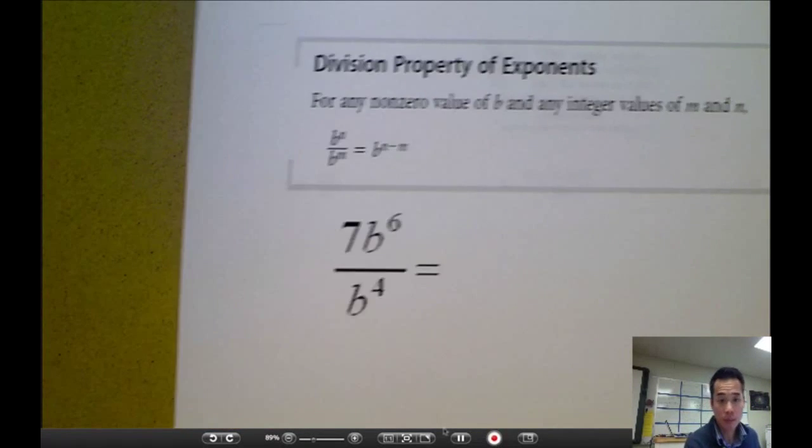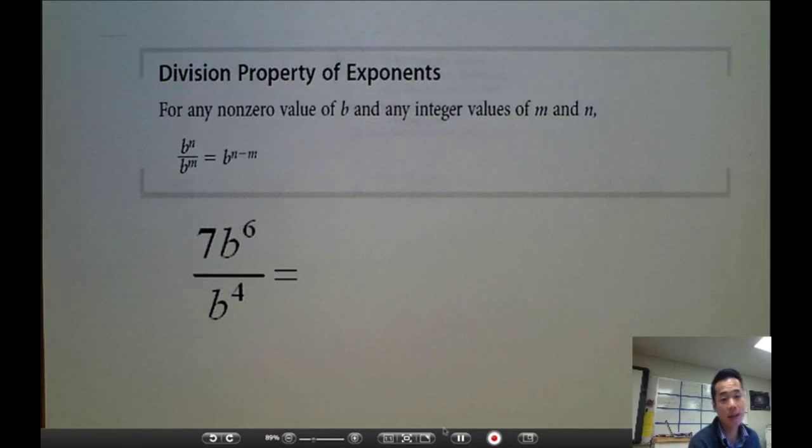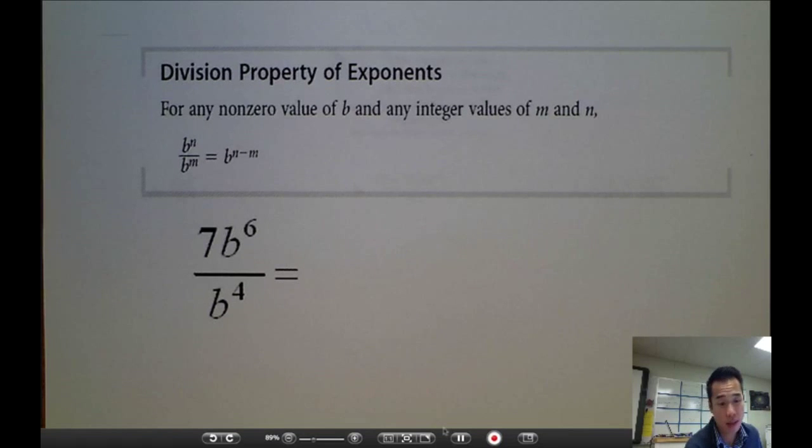Third example is going to be dividing exponents, for any non-zero value of b and integers for your exponents. If they're the same base, you subtract. It kind of makes sense. It's the opposite of multiplying. So for example, if I have x to the 4th over x to the 2nd,